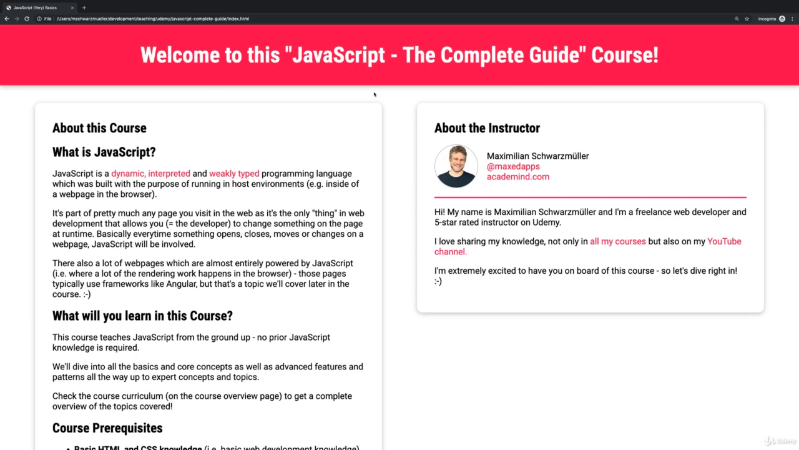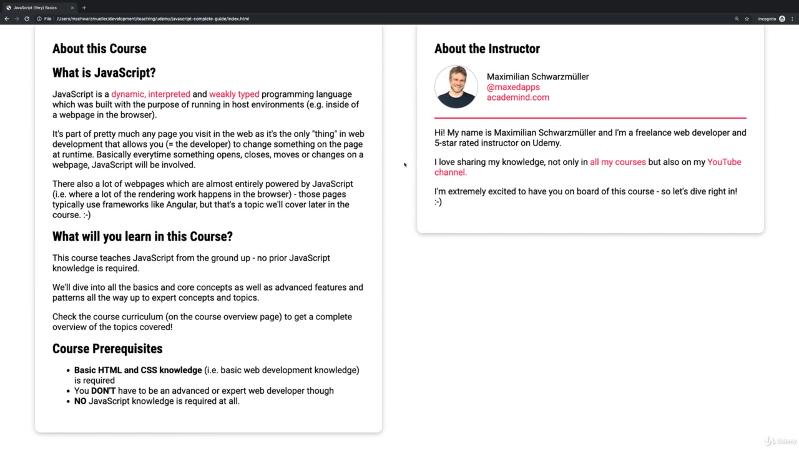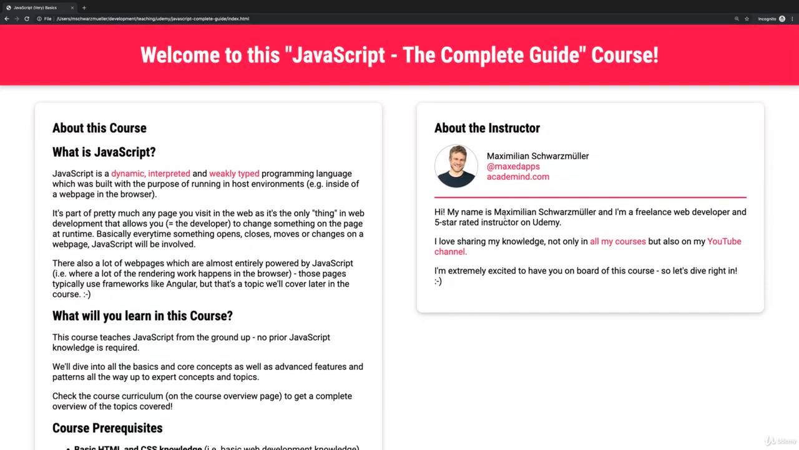Now this is a little dummy page I prepared for you. It holds some dummy information about this course and about me, your instructor. All this information is valid, by the way, but of course we're not building this web page here. Right now this is mostly HTML and CSS, or to be precise, it's pretty much all HTML and CSS at